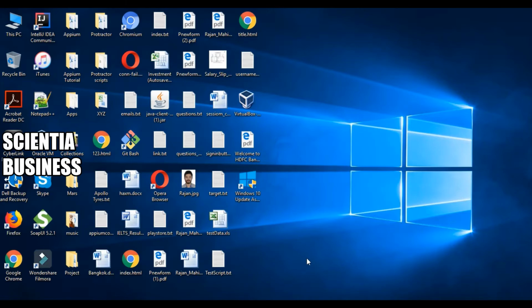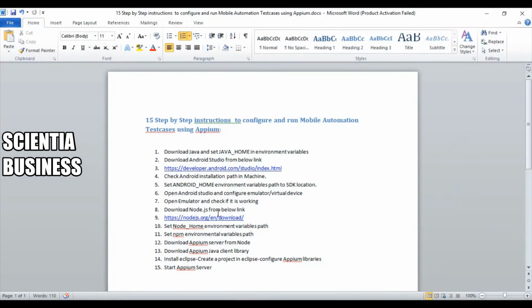In the last lecture, we have already covered up till the fifth point, where I taught you how to download Java, set up its environment variables, and how to install Android Studio and set up all the Android environment variables that we need to set in order to successfully set up Android in our machines.